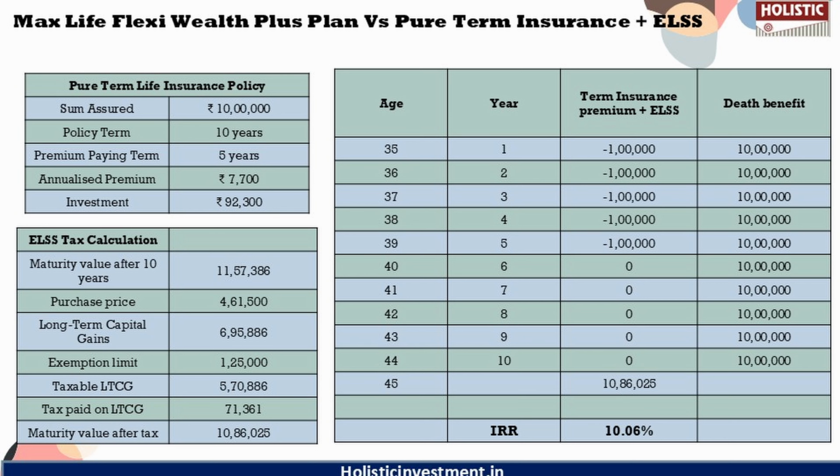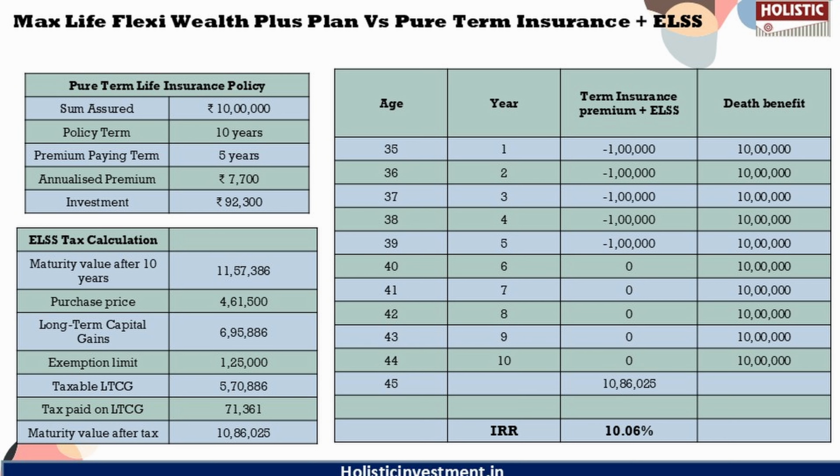So here, for calculation purposes, for life cover especially, we have taken up a pure term insurance policy with a sum assured of 10 lakhs, a policy term of 10 years, and a premium payment term of 5 years. So we have taken up similar metrics for a fair comparison. The annual premium for this policy would be 7,700 rupees. So compared to the Max Life policy, here we are saving 92,300 rupees, which could be invested separately